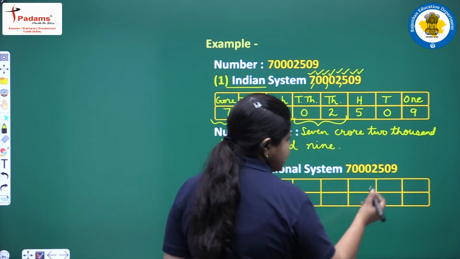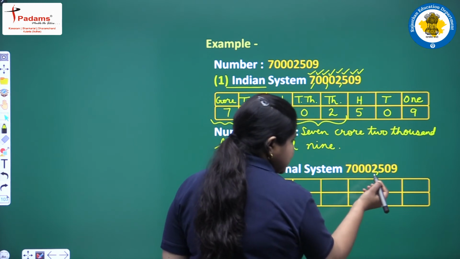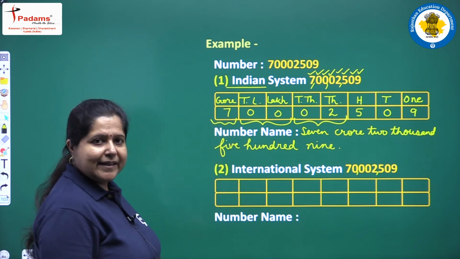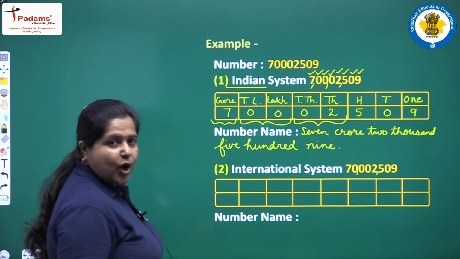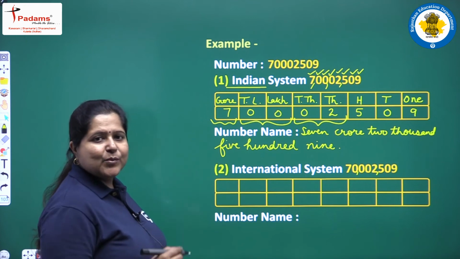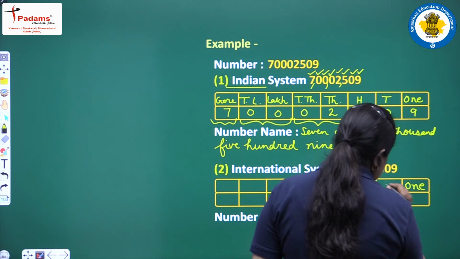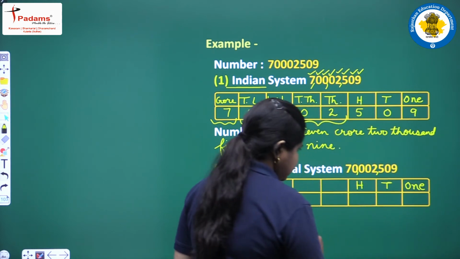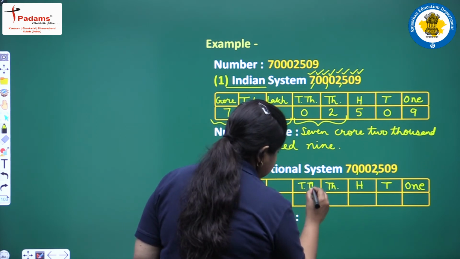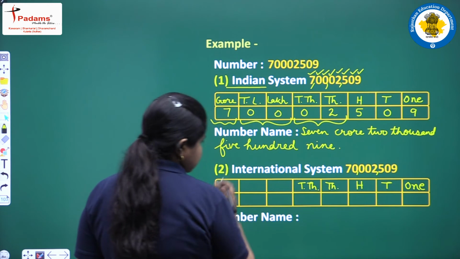First we will mark up the commas. Ones, tens, hundreds, the first comma, 1000, 10,000, 100,000, then the next comma, then million and 10 million. Clear to you? So we have 2 commas here, whereas in Indian system we were having 3 commas. This is the difference between the two. Let us write now the place values. Ones, tens, hundreds, then 1000, 10,000. Till here both the systems are similar. The difference starts from here now.